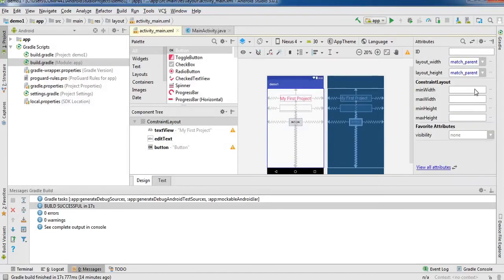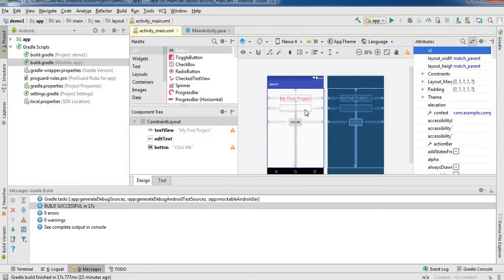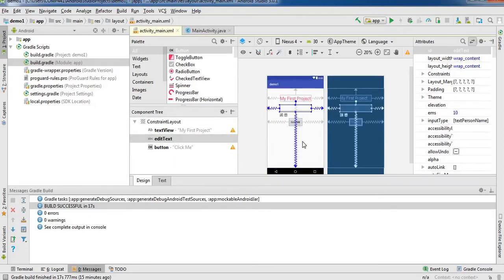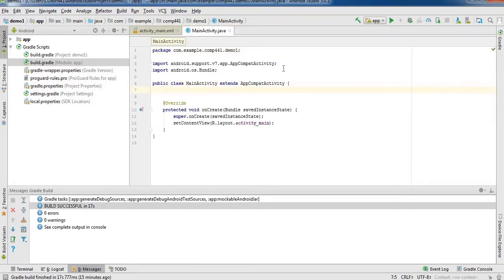I have to change the name of that button. That's why again I am going to do attribute, and here I am going to use Click Me. So what we have to do, I have to write here, and after clicking I have to print something. So in a Java file, again I'm going to first add my things. For example, I am using edit text, that is my plain text.